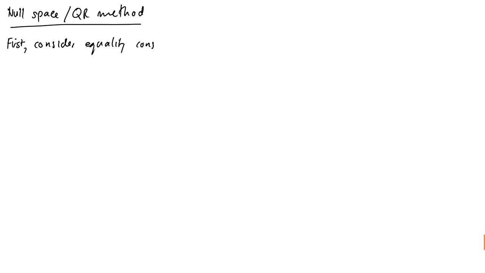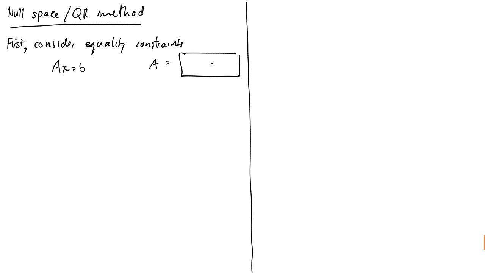Okay, so I'm not touching the objective yet. I'm just going to look at what my equality constraints imply about x. Just remember, A is this shape here. Okay, so take the QR factorization of, remember we always take a QR factorization of a tall skinny matrix, so the QR factorization of A transpose,